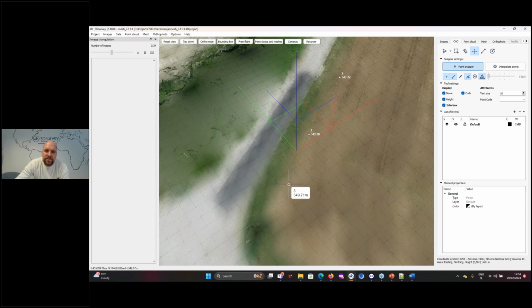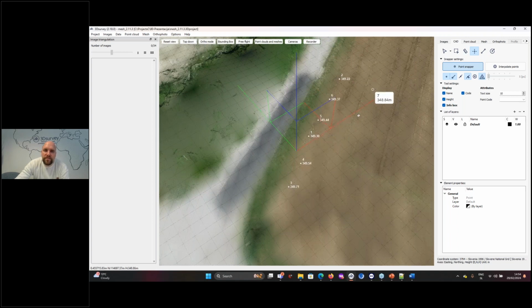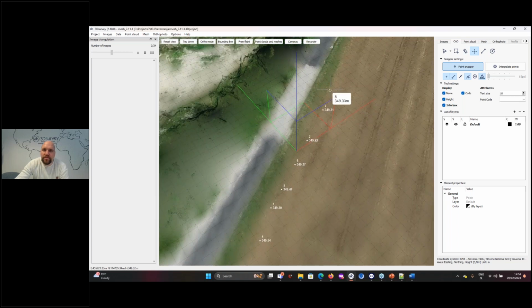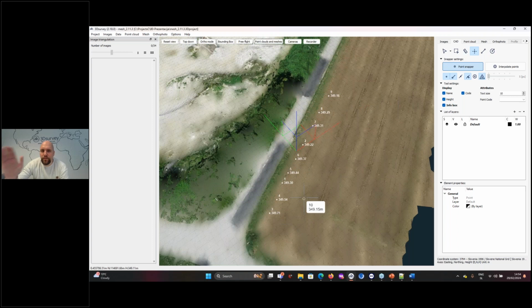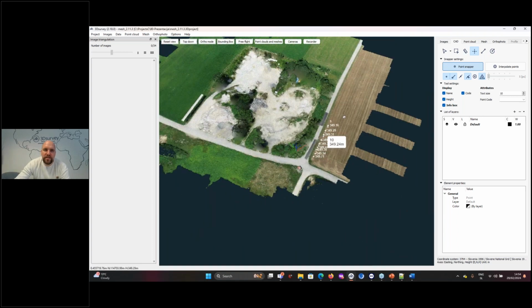So if there is a ditch going here and I would take these ditch points from point cloud, and then I would select all these points and I would lower them by the same amount, about 20 centimeter.